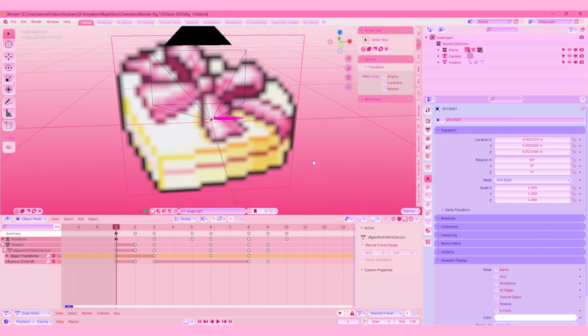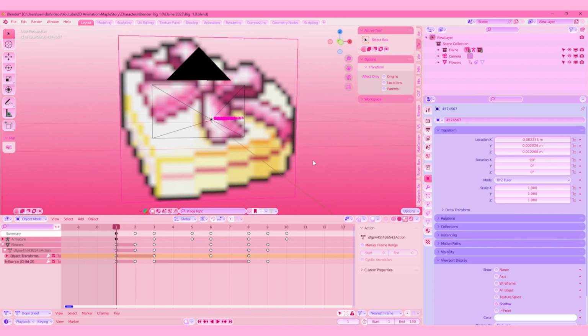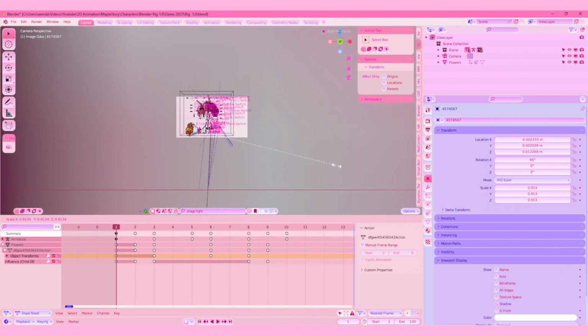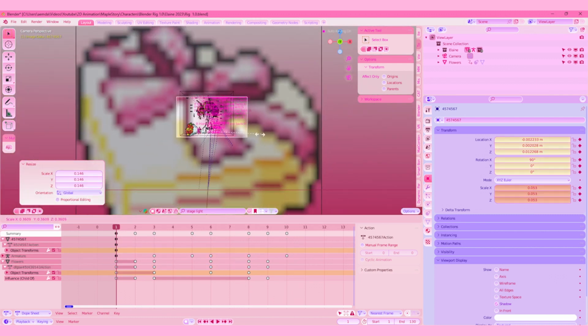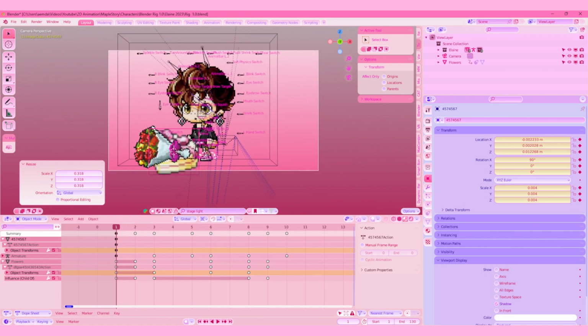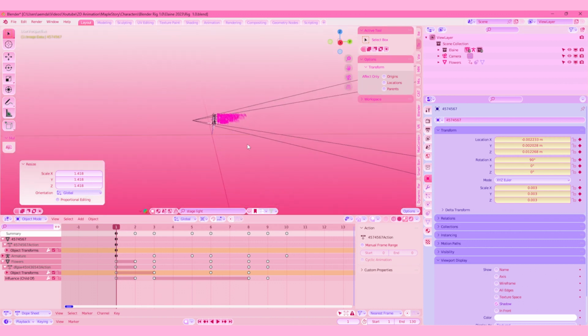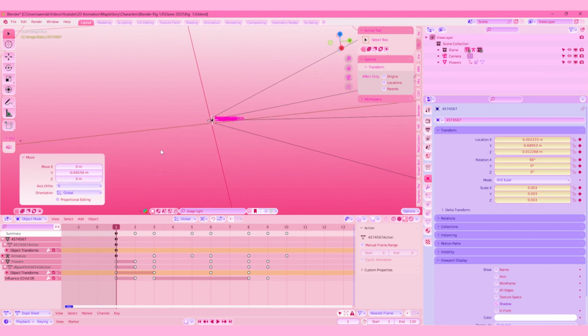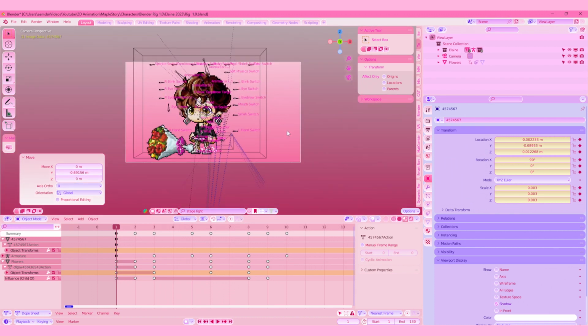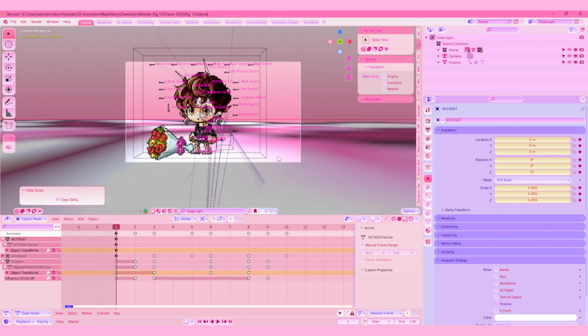So in order to fix this, all I'm going to do is press num 0, and I'm going to scale it down by pressing S, and scale it down, scale it down. All you're going to do is press S and move your mouse and click when you're done until it's a reasonable size. Now sometimes an item's going to be like this, where is that? All you got to do is press the numpad 0, and then press Alt-G, Alt-R, Alt-S, and then if you use your middle mouse to rotate, you're going to see that it is in the scene,